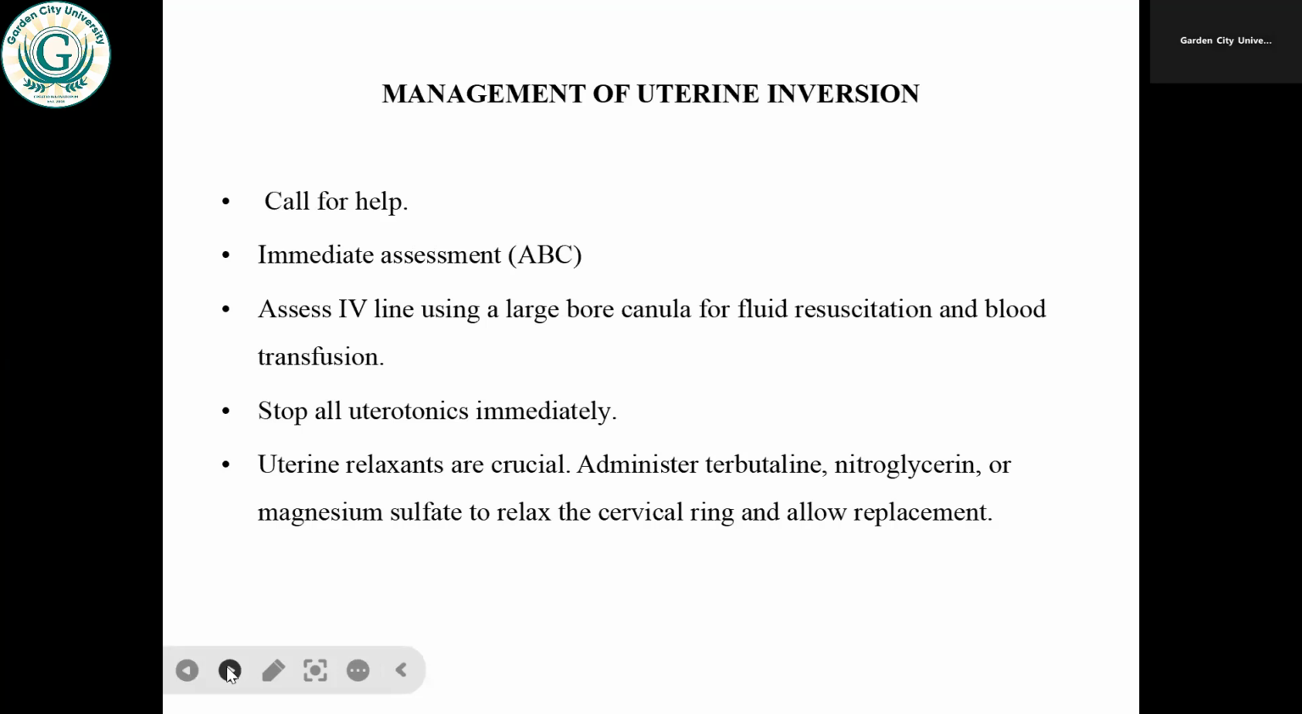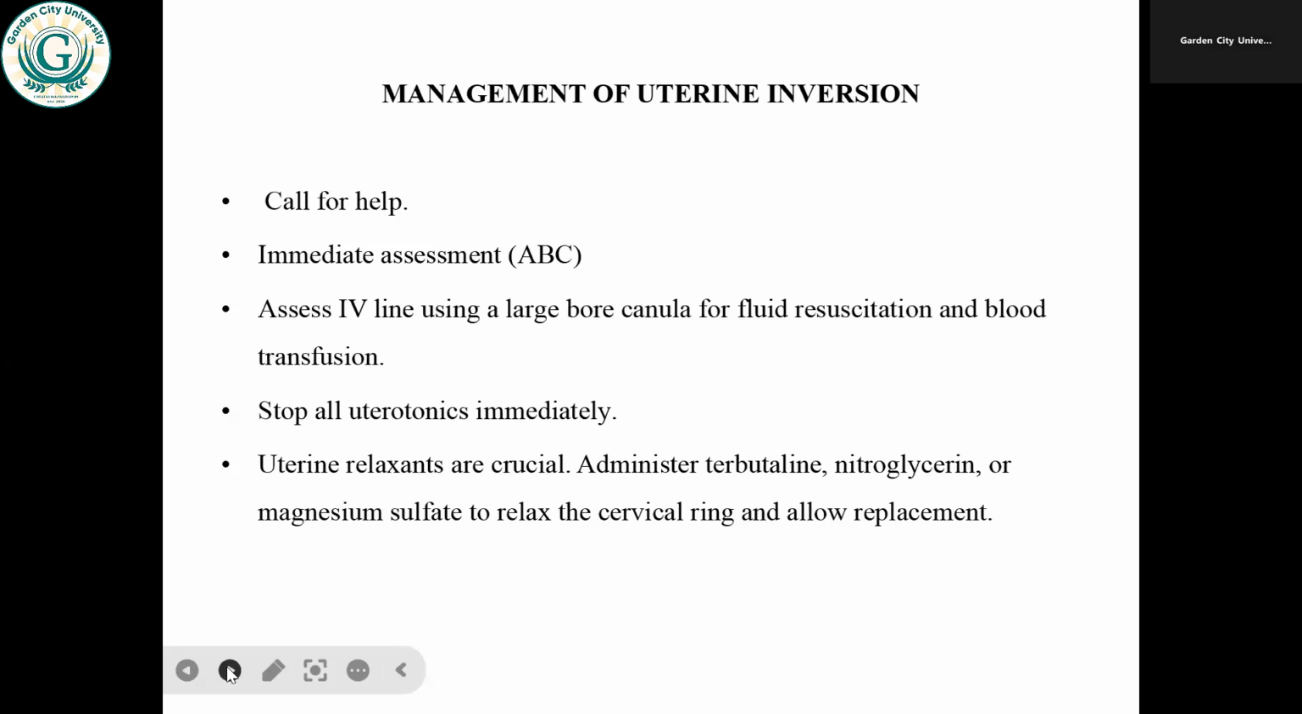Management of uterine inversion. In every obstetric emergency, we say that when you are managing it, you should call for help, since you cannot do it all by yourself. Then also, you conduct your immediate assessment. That's the airway, breathing, and circulation assessment. Then you establish an IV line using a large bore cannula for fluid resuscitation. You will be administering crystalloids to correct the fluid loss. So you must use a large bore cannula